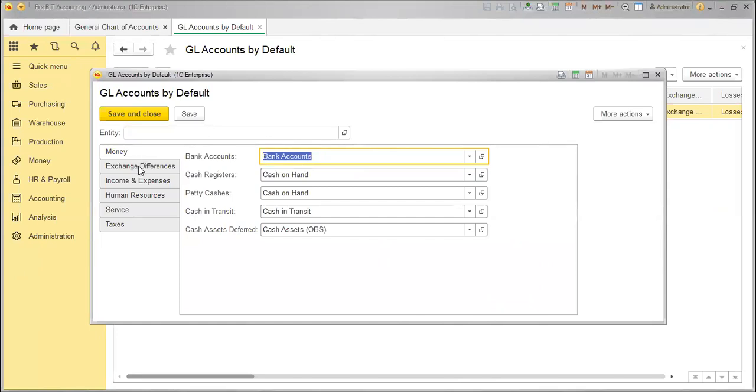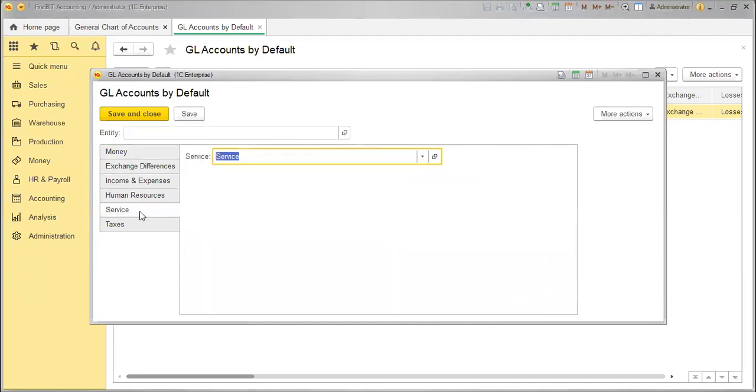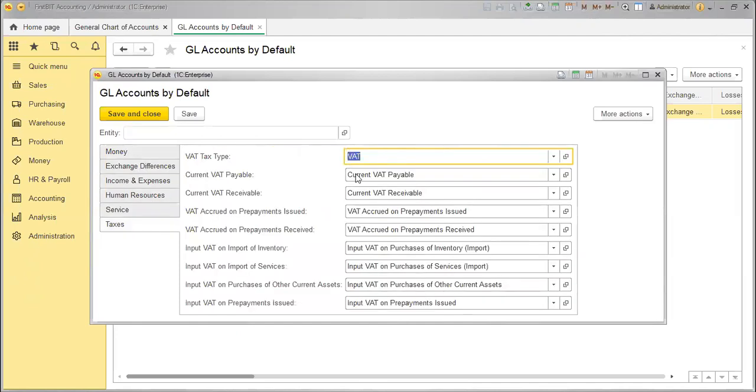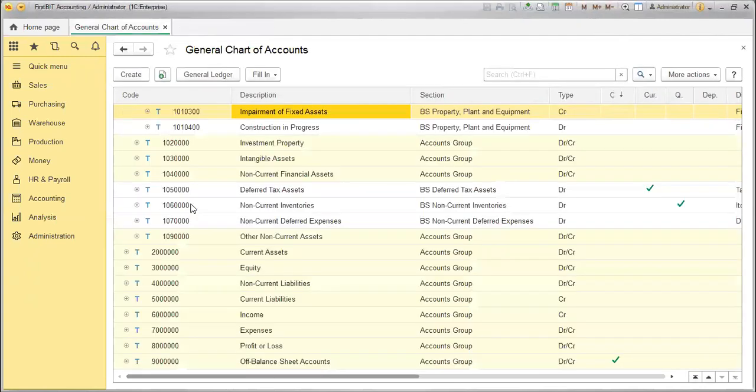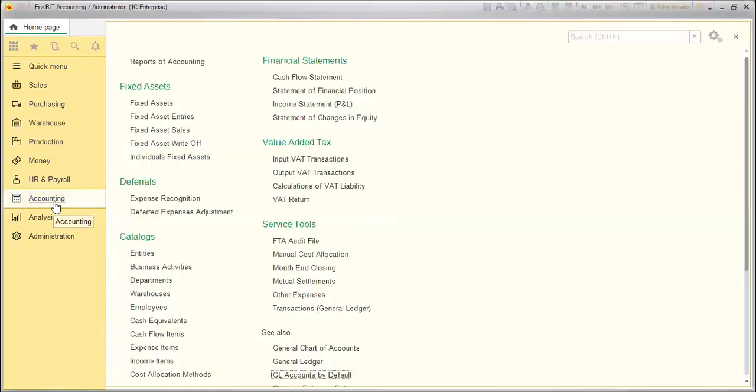For money transactions, exchange, income and expenses, it is the same for all of them. If you want to change it, you can change it based on your settings. Taxation also, like VAT payable, VAT receivable, everything will be predefined. There is nothing to change, but if you want to change, you can change it. So we have seen chart of accounts. Now the second thing is,